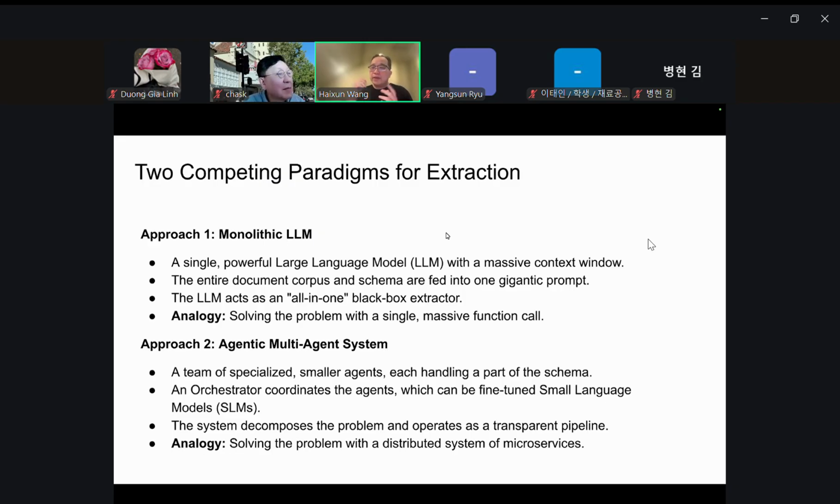Immediately you can think of two extreme solutions. One is a monolithic large language model, assuming you have a schema that describes all the kinds of information you want, and you have these massive documents.